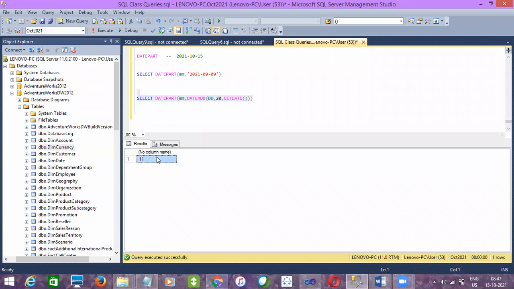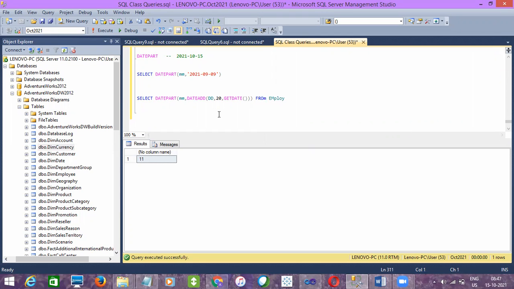November, 11, right? So that is how it is. And see here, we are using manual values or hardcoded values. If you want to use it from any other table, you can. You can just give the column names here instead of GETDATE, and then from the table. That's it.